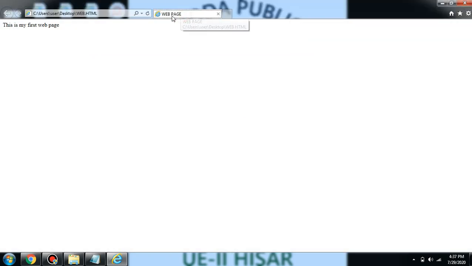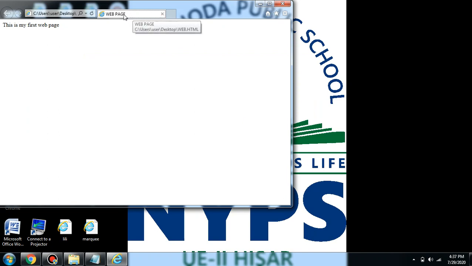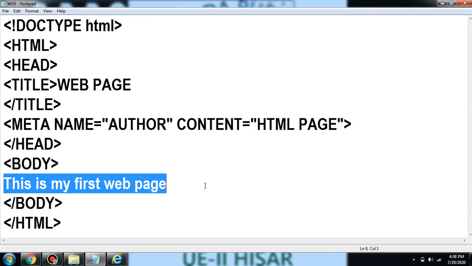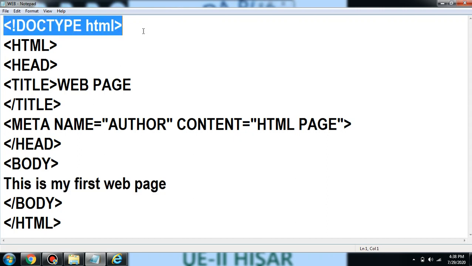This is your title. Whatever you have written in the title tag will appear on the title bar of the web page, and these are the contents of your web page. We have written so many things in our HTML coding, but only these two things are appearing on the web page because doctype is just for the declaration of HTML.